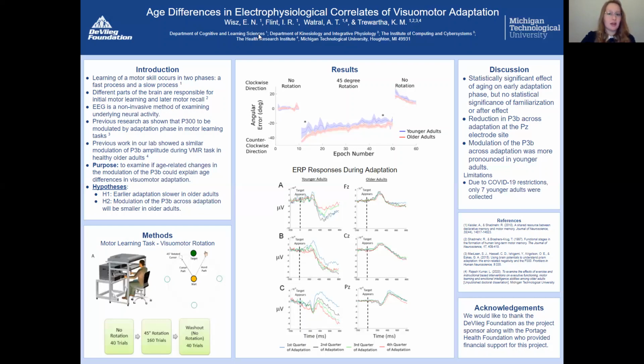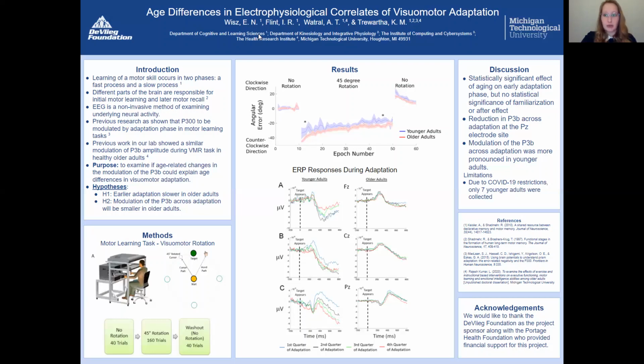Moving on to the methods in this study, participants completed a visuomotor rotation task on the KINARM robot, which can be seen in the methods section. While using the KINARM, participants grasp a handle attached to robotic motors, while visual stimuli are displayed on a horizontally oriented screen located just above the handle, matching the plane in which reaching movements are made. Participants were asked to use the handle to move a cursor from a starting location